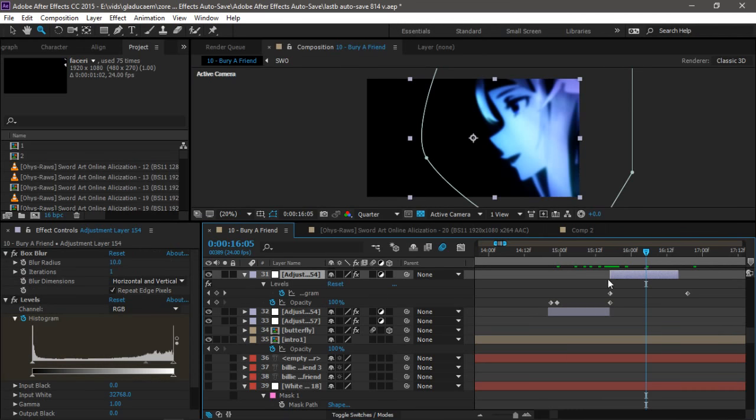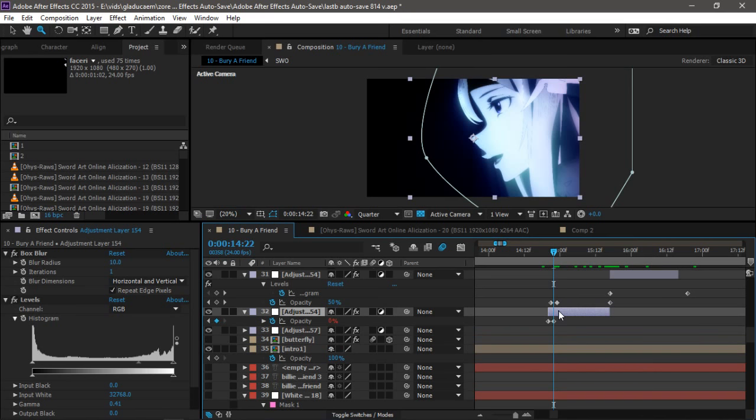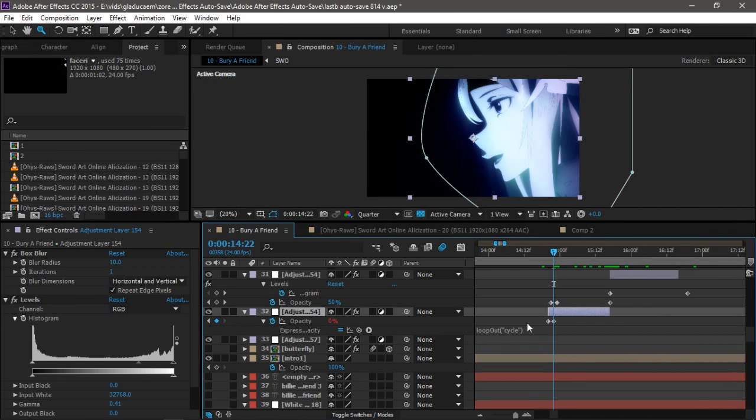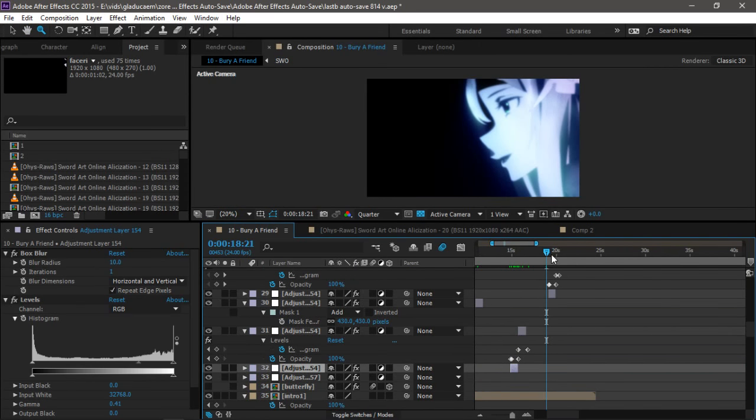I use the opacity of the adjustment layer to make it stick, and I do an expression here, loopOut cycle. It works every time. It's the best expression for this. I love it. Anyway,